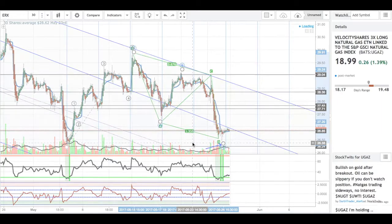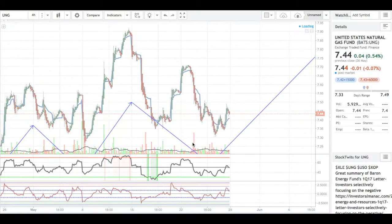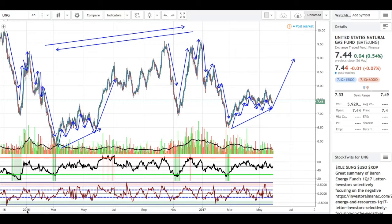Going back to natural gas, UGAS, I found this really interesting thing today while just looking at the long-term chart, and UNG is a different product, but it's basically UGAS unlevered. But basically, last year, 2016, March, April, May, we see that it's making the exact same pattern almost to a T. We have this long wave down, this wave up. We have this long wave down, this wave up. We have a retracement and up again, retracement, up again, down, up, down, up, down, up, down, up,